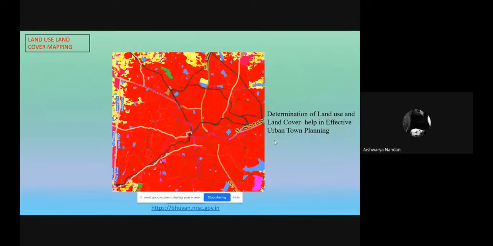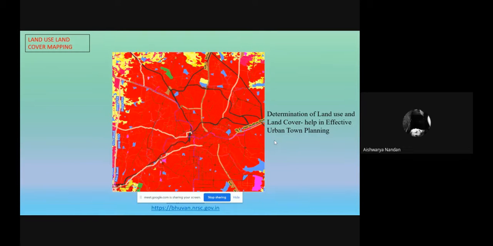So land use and land cover, this is basically the land use and land cover of Bangalore. You can see this red signifies that it's completely built up and there are barely any water bodies. The blue color is the water bodies, and there's no plantation. You can see barely any green color, just one or two patches.